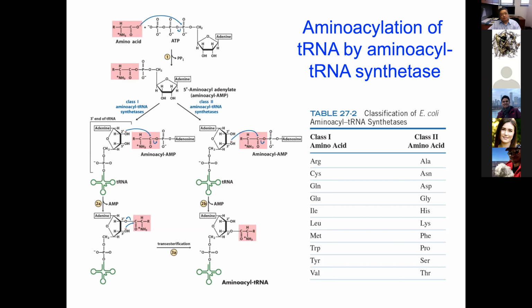Okay, so which is the enzyme? Is it just the class 1 or the class 2? Yes, the blue. Okay, so it doesn't show the structure of it. Yeah, this molecule and this molecule have to bind to that enzyme at the same time. And then the enzyme catalyzes the transfer of this amino acid to the tRNA molecule. Okay, that's where I was confused. And so depending on if it's class 1 or class 2 will dictate which hydroxyl group it will bind to, correct? Yes. Okay, thank you. Other questions?